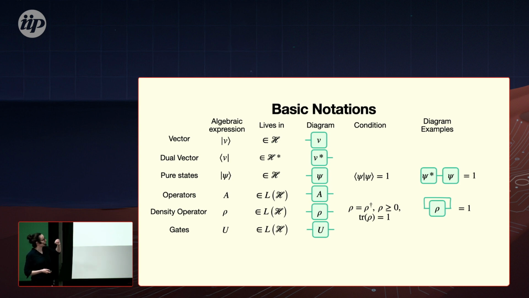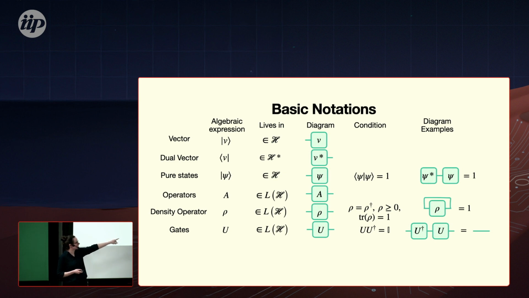And another special case is the gates that we use to manipulate quantum states. They also have to have a condition, namely they need to be unitary. They preserve the conditions of our quantum state, meaning that they don't map our quantum states out of the space that we need them to live in. And here it's U dagger U equals identity, and again in tensor network language, because we know that it has to be identity, we just write the identity as a straight line.